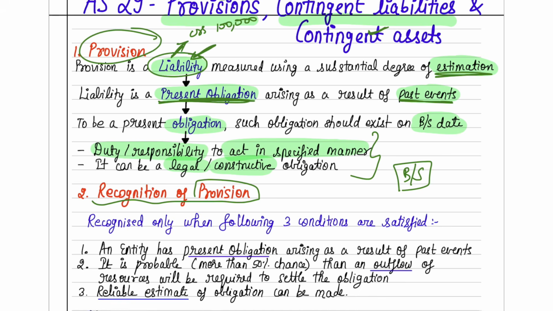Now in provision, that amount will not be certain. Now you have not restored the mine, you have not restored the land of the mine. Now how much fine they will put on you or what will happen, you're not very sure. You're able to estimate that suppose 1 crore of fine can come upon us, etc., but you don't know exactly. So there is the estimation involved.